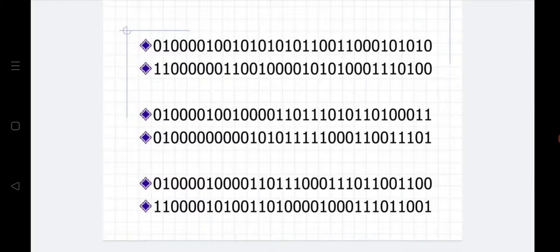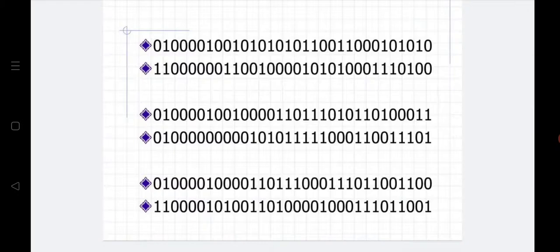First, the given fixed point representation I need to convert into binary representation. Once we get the binary value, the second step is the normalization. What do you mean by normalization? It is nothing but moving the binary point towards the right side or left side in such a way that in the integer part I should have only a single one. Okay, I should represent it in terms of 1 point something. Based on that, the exponent value is going to change.